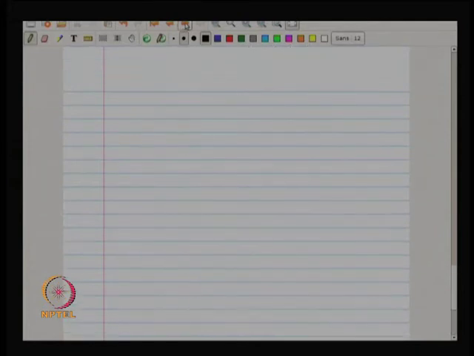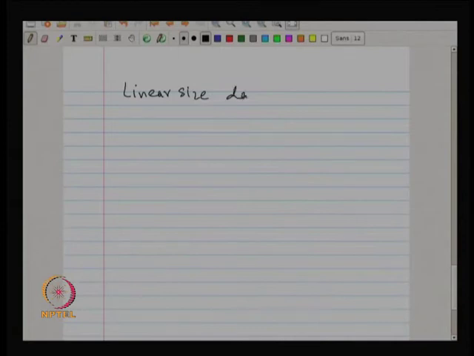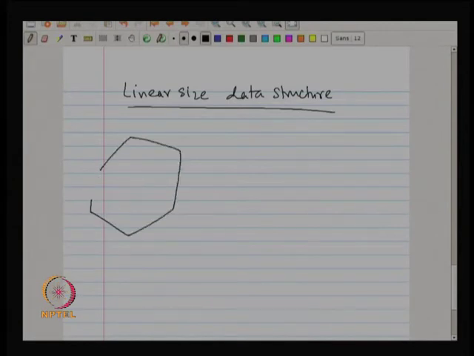Now, let me move to linear size data structure. Now, remember that the points are in convex position. When we talked about range reporting, what I said was that if the points were in convex position, then I knew that the query line intersects this polygon at only 2 points, am I right? So, you can think about it: if you erase one edge of the polygon,